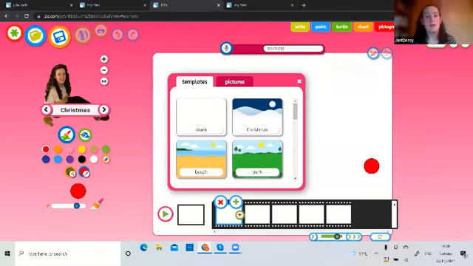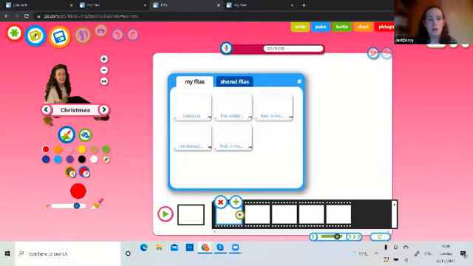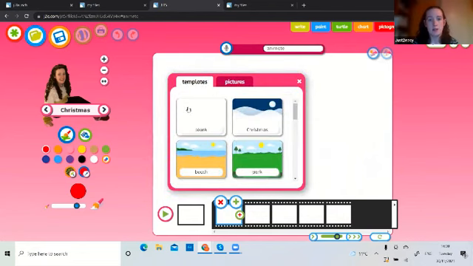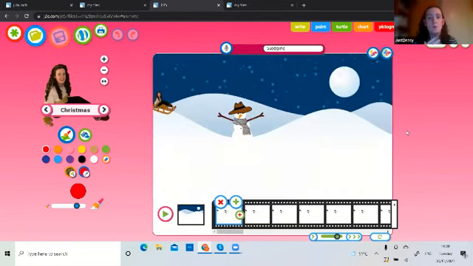Just to give you a flavour of how Jit Animate can work, I'm going to open up an animation that I've already started. Again, this is quite a time-consuming thing for children to do really well. So I've already started this, and I'll just finish it off to show you how I've done it. At the bottom of the picture here, we've got a play button. So I'll press that just to show you what I've already created.